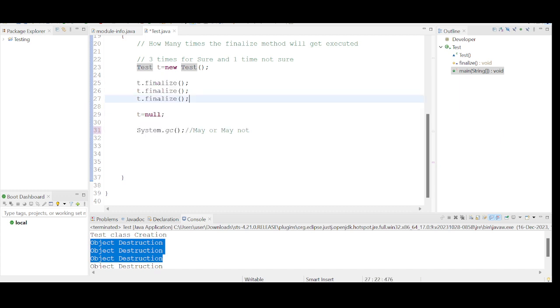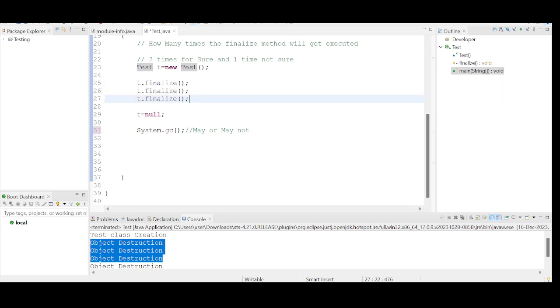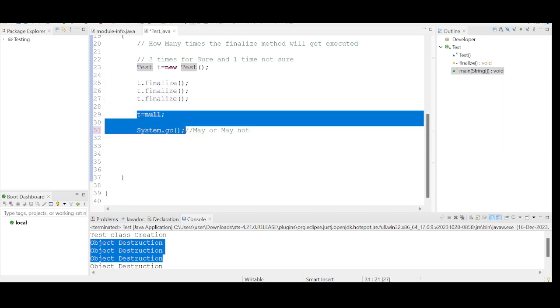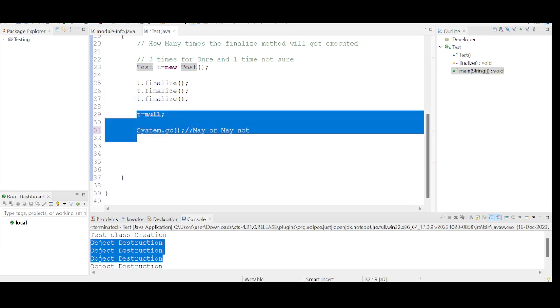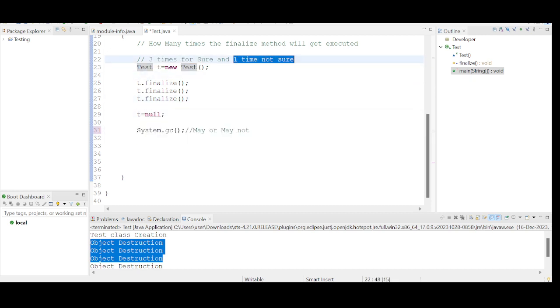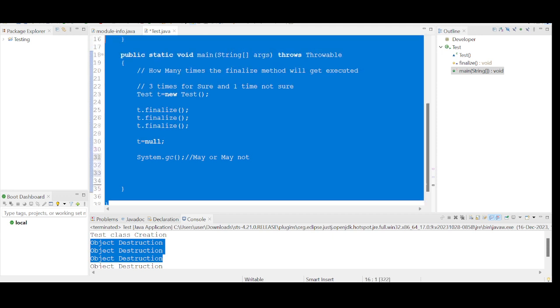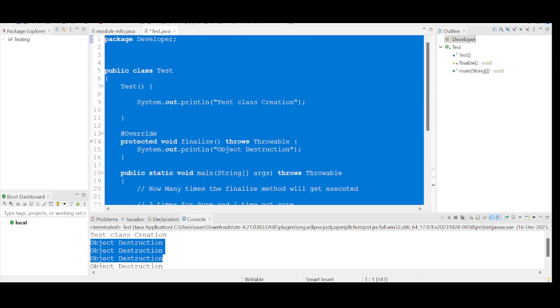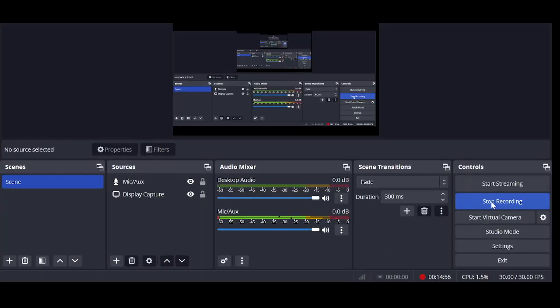From your analysis, you can simply say the finalize method gets executed directly 3 times, and then there is the JVM call, where the request is placed to the JVM. This call may be accepted or may not be accepted. So 3 times for sure, 1 time not sure. This is all about finalization. So we have completed Island of